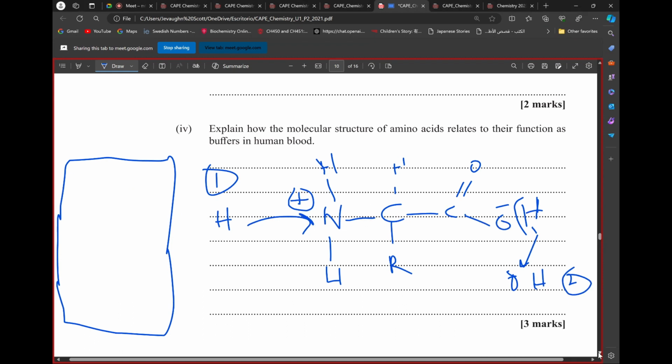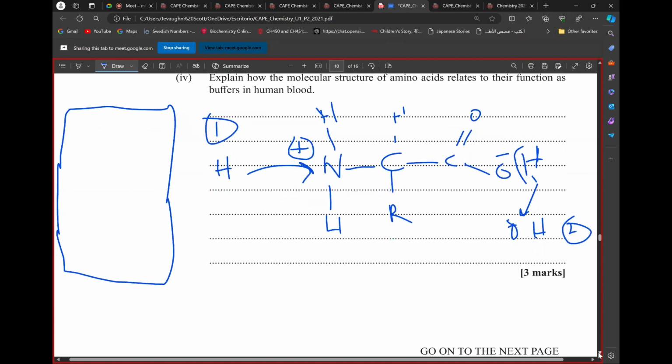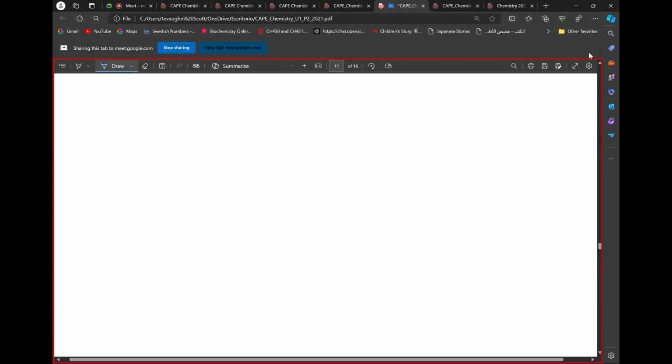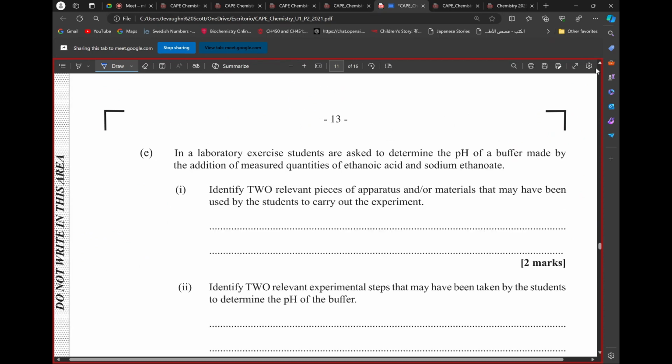Amine group will have a +1 charge when it accepts the proton. Yes, it will. And the carboxylate area would actually have a negative charge, right? So what's happening here now, in laboratory exercises, students are asked to determine the pH of a buffer made